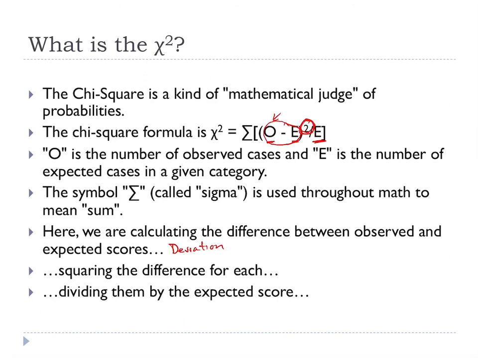So for instance, if we had one class that was like 10,000 people large, and we had 6,000 females and 4,000 males in there, and we're trying to compare that to a Psych 391 class that had 15 females and 6 males, we have to bring those down to a size where you can compare them to each other. So we divide it back by that expected score. And then we just sum it all together. We sum together all the dividends together. So in the next video, we're actually going to do this, and then we're going to